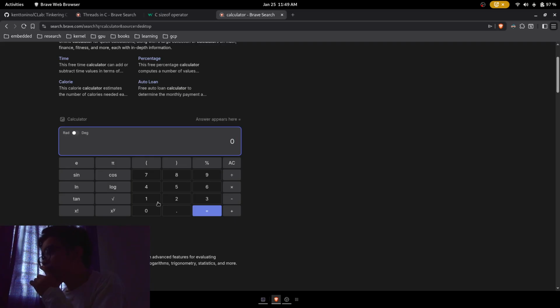If 1 bit, so 8 bits. Wait. I think that's no. It should be 2 raised to 8, 256 values. Since this is unsigned, so 0 to 255